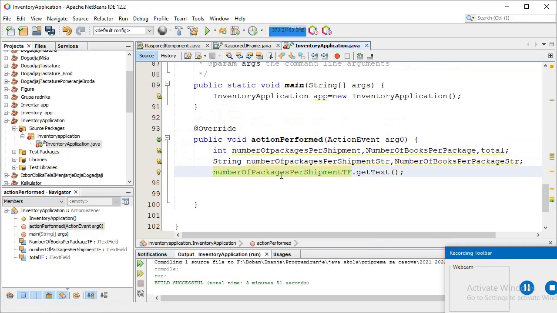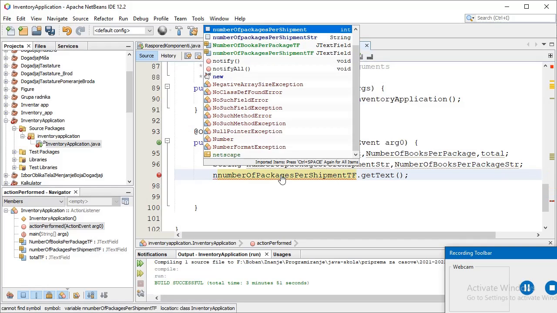Next, I will get int data. First, I will save the returned data from the first text field to the first string variable.